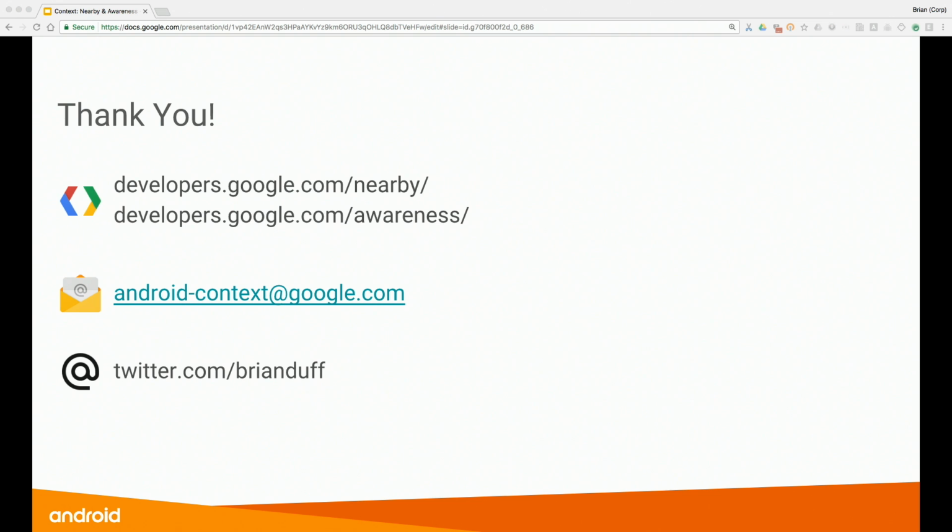With the stuff we're going to talk about at I/O, we'll also be announcing that for iOS in the near future as well. Nearby Notifications is a real challenge on iOS. Nearby Notifications probably benefits from us using Google Play services more than any other part of what we build, so we can't really find a good way to do that right now on iOS.